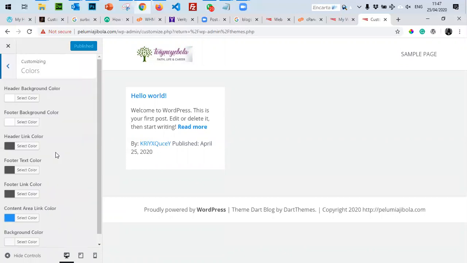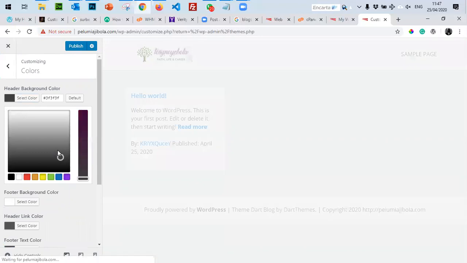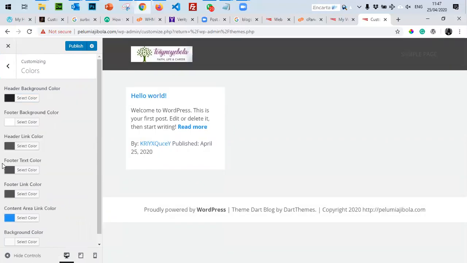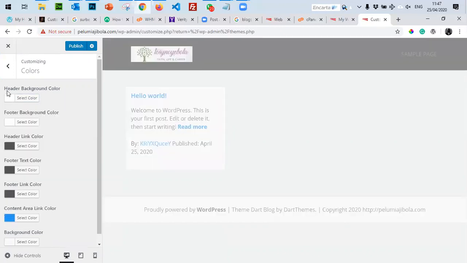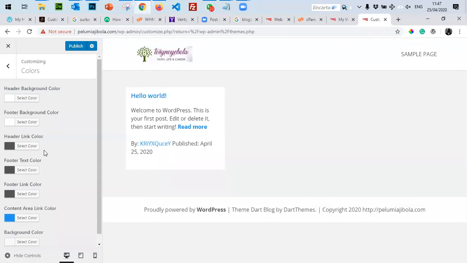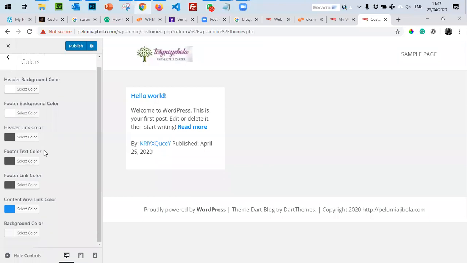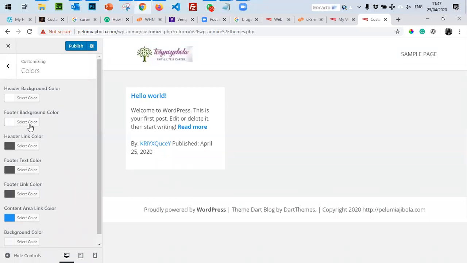If you want to change the color of your header area, you can see as you're adjusting the color, the header area changes color. So these are things that once you have access to WordPress templates, you can play around with your header, your footer, and the rest. So this is footer background. By the way, these are headers, the top part of the website. Footer is the bottom part. The center part is usually referred to as the body of the page.